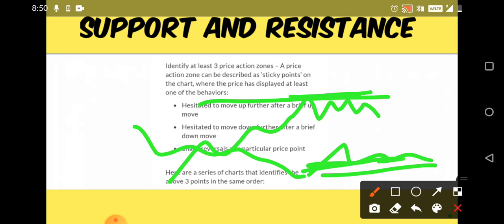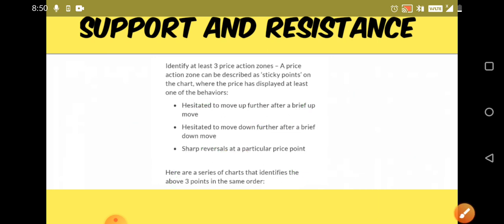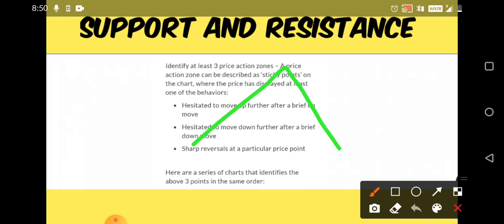You can adjust it later, but for the time being, whatever is visible to you, try to draw the line. Wherever you're facing any hesitation, or wherever you feel that the stock is facing a little trouble to come down, or in the same way is facing a little hesitation to go up, at those particular regions you need to draw the lines, like what we say sharp reversals at any point of time. Let's say a sharp fall is there, at that particular region you need to draw a line. Okay, now let us see on real-time charts and try to understand how support and resistance actually work.